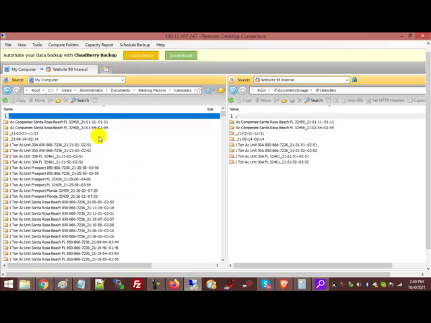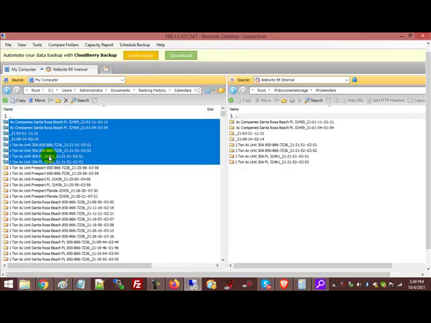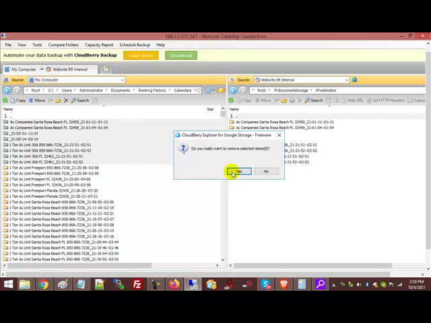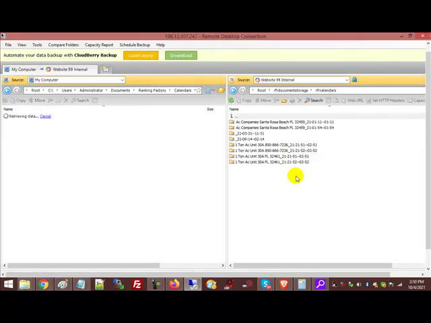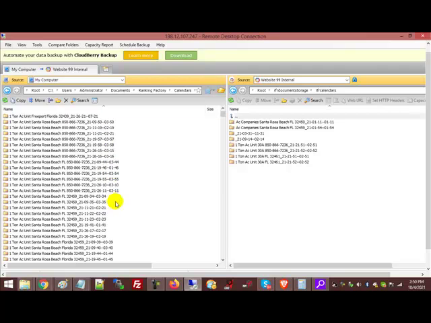We can delete the first 8. So 1 ton AC unit, 30A, and the last 2 numbers are 252. So there we go, 252. And we'll just count 1, 2, 3, 4, 5, 6, 7, 8. And we can delete those because we have them over here now. Okay, so now I'm going to grab a few more